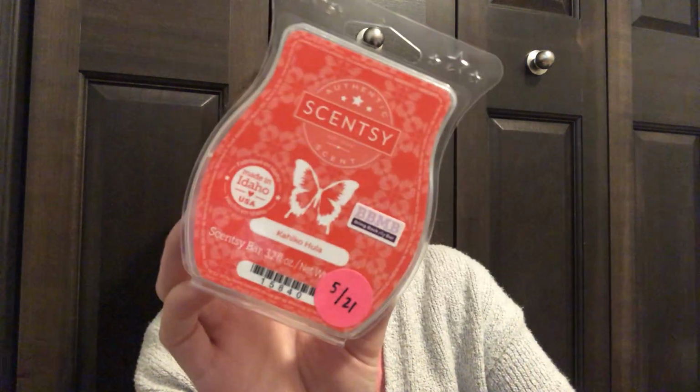But let's talk about empties and what I've been warming. They're not all going to be empty, but let's start with some Scentsy. I got a real hodgepodge here. Bring Back My Bar is over, so I feel bad talking about them, but I do have some. I have Kahiko Hula, which was from the Bring Back My Bar. This one I wasn't overly a fan of. I had one cube left, so I have it mixing today